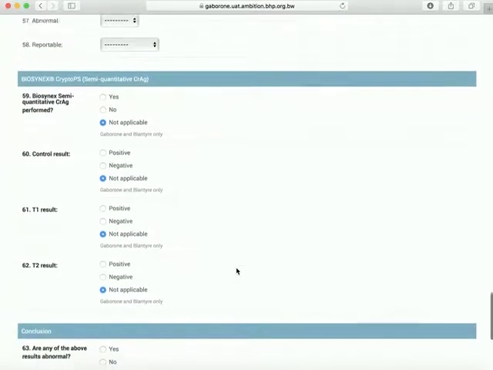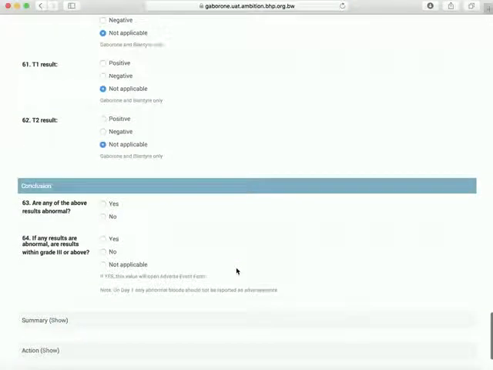And then when you get to the bottom of the form, you'll then be asked to conclude the results. Are any of the above results abnormal? And if they are abnormal, are any of them a grade 3 or 4 adverse event? Because those would trigger the adverse event process. Now, on day 1, abnormal bloods should not be reported as adverse events. And that's because it's not possible for an abnormal result on day 1 to be an adverse event, because this